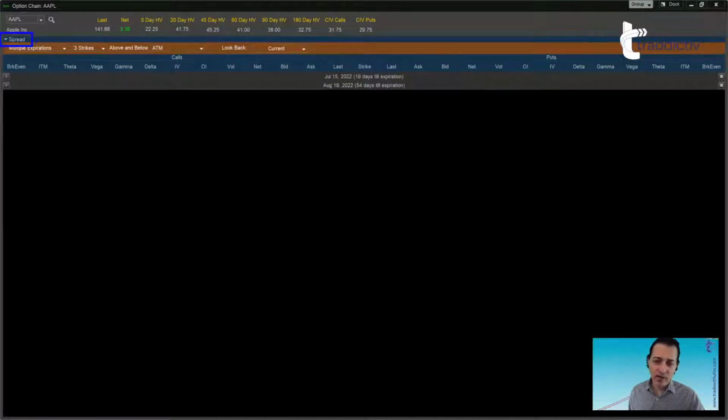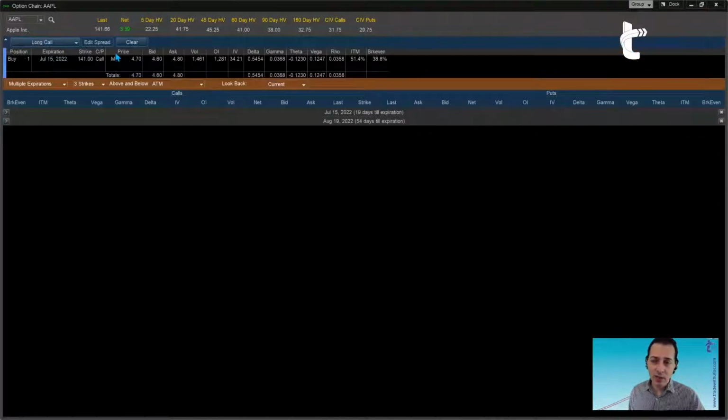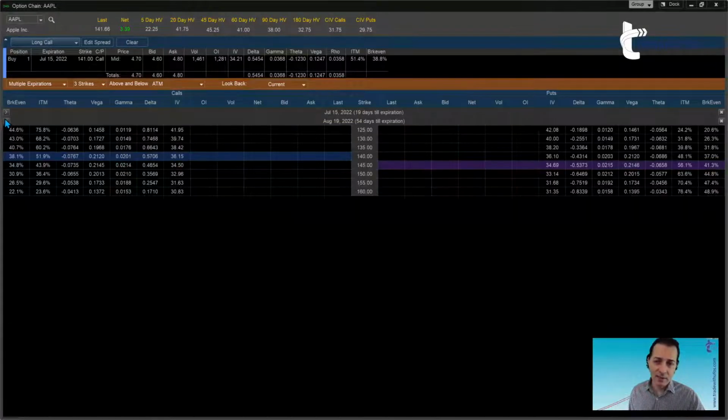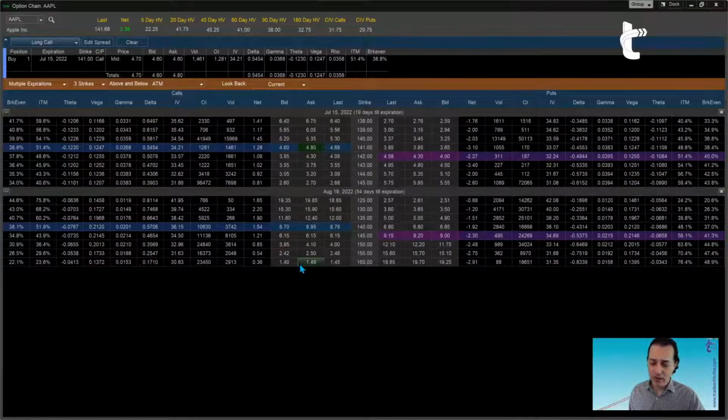In other words, we have a mini spread builder, which we could compress and then it almost disappears, or we could expand it and we can use this particular tool to actually build the spreads here without even looking at the bottom part of the screen, which if I expand it, like I'm doing now, we have all that options data, okay?